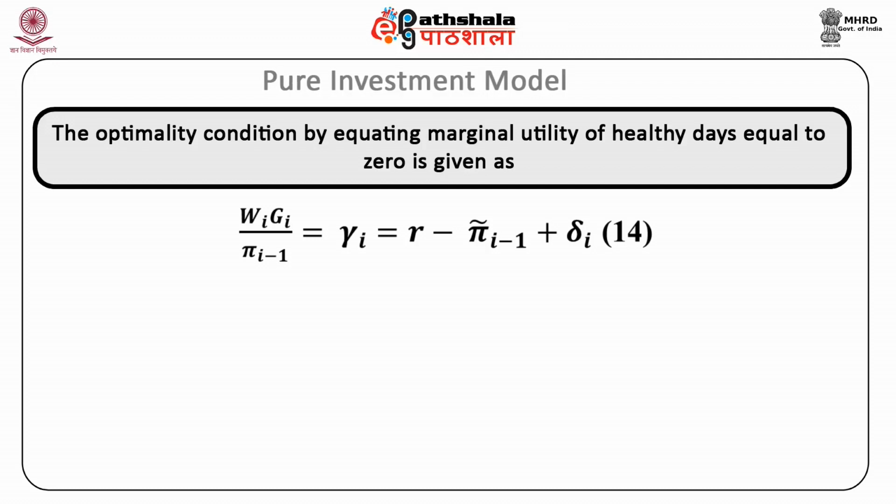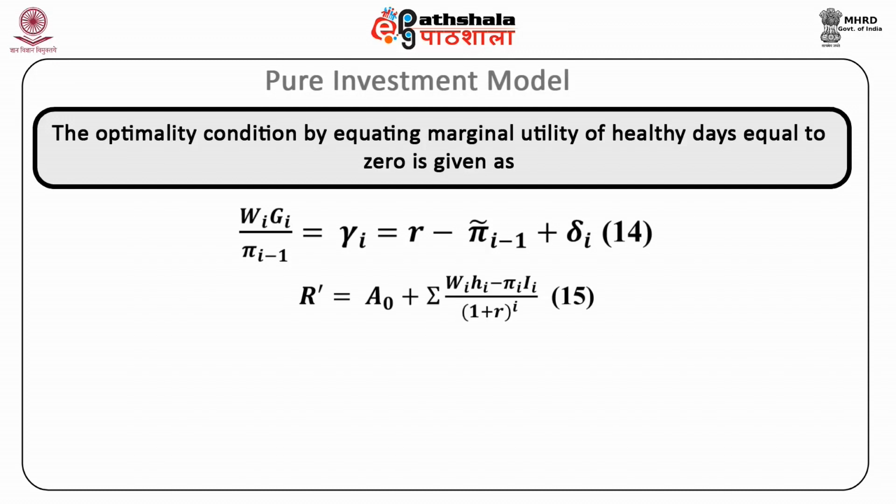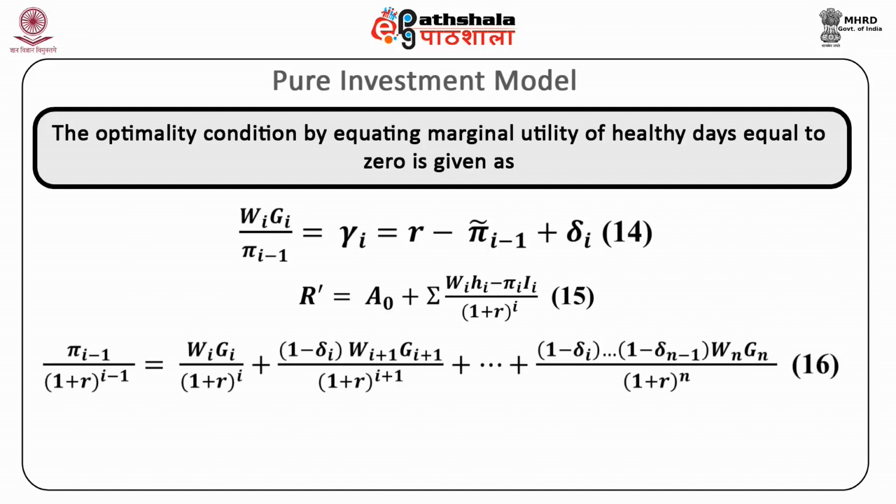By eliminating health from the utility function, the full wealth constraint is R dash is equal to A0 plus summation Wi into Hi minus pi i into Ii upon 1 plus R raised to the power i. Equation 15. The optimality condition obtained by